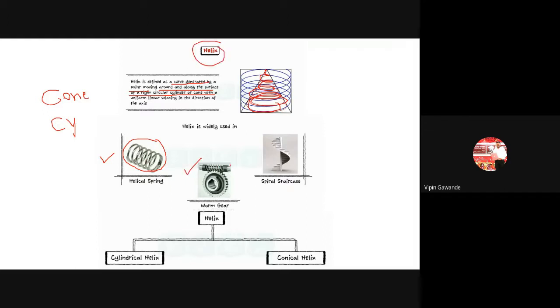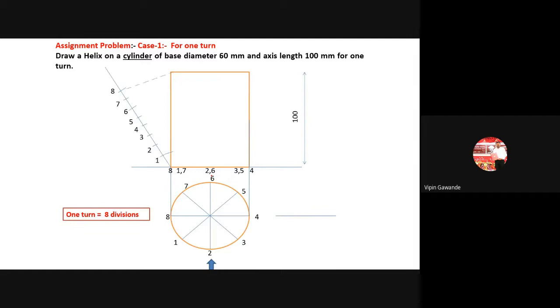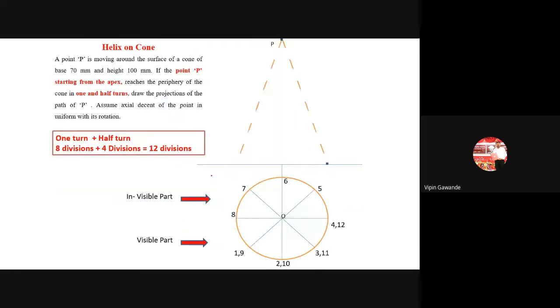So they will show you this diagram. They will ask you which type of the curve is there. This staircase or what we call as a DNA type. So they will ask you which type of the curve is there. So you have to identify that it is a helix. And helix is formed in two things. We can construct the helix in cylinder, and we can construct this on the cone also. Okay, so these are the simple types of questions on our helix and other things.